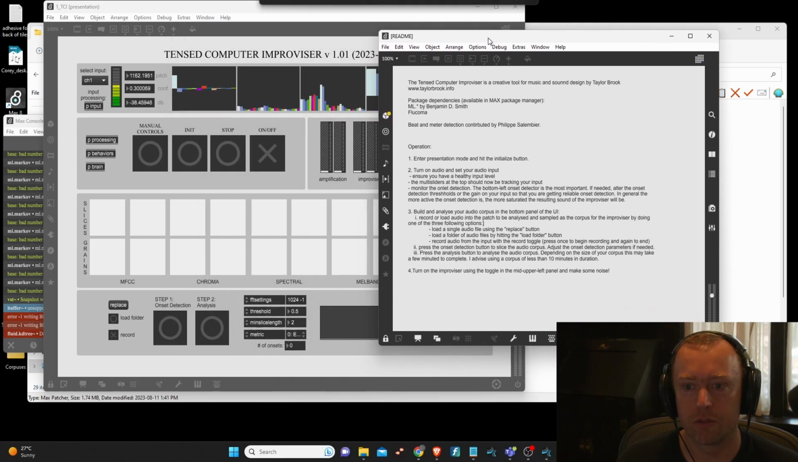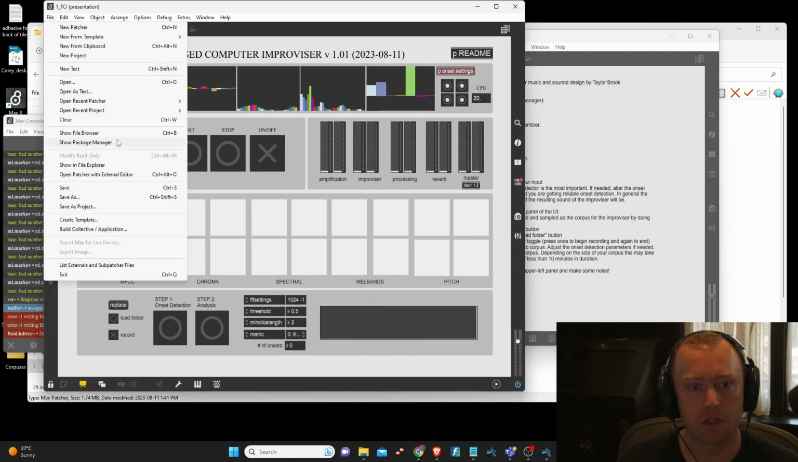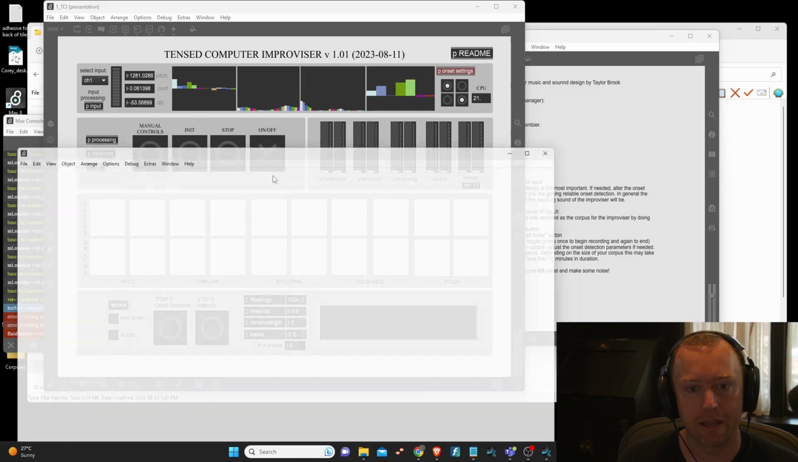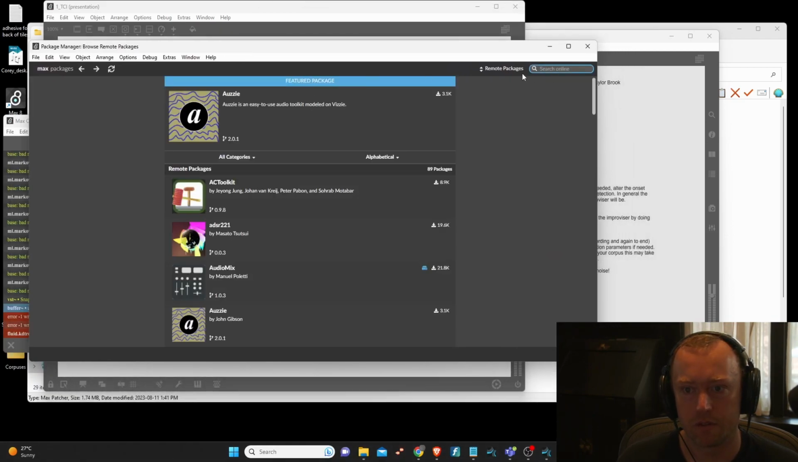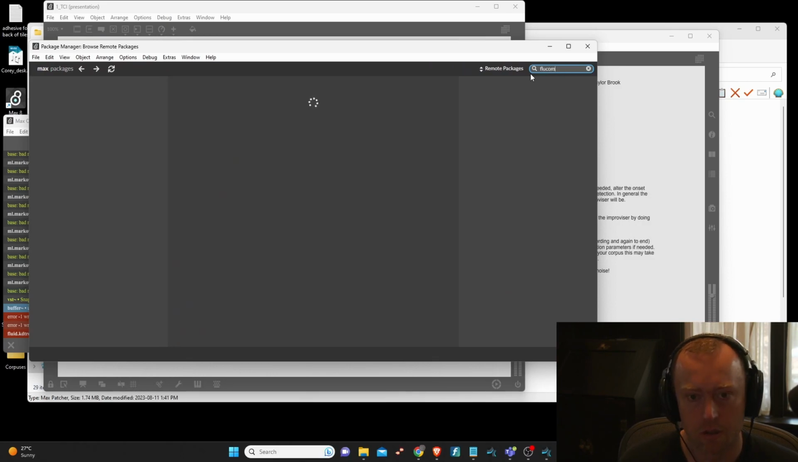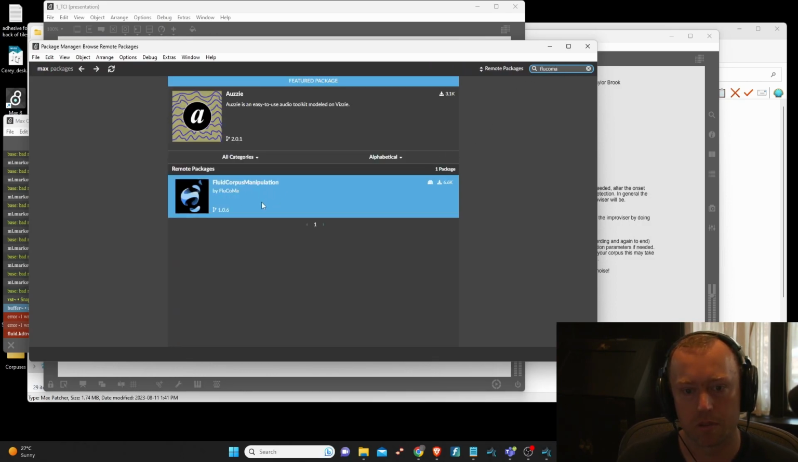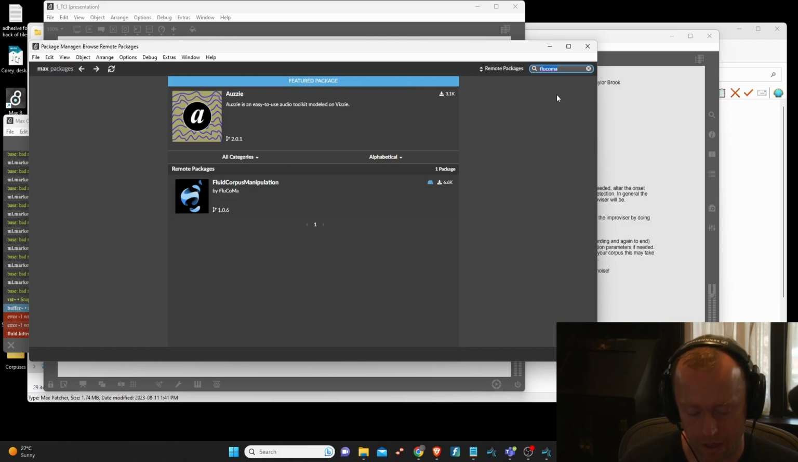First of all, there are some package dependencies. You need ml.star and the FluCoMa packages. Those can be obtained using the package manager within Max. If you just search in remote packages for FluCoMa, Fluid Corpus Manipulation, you need that package, and then